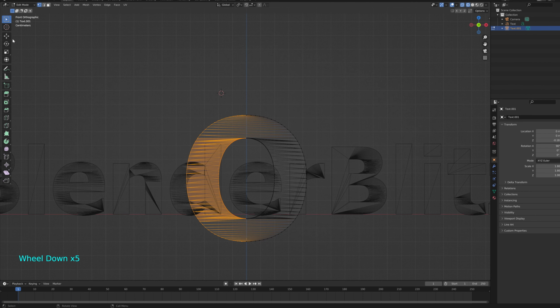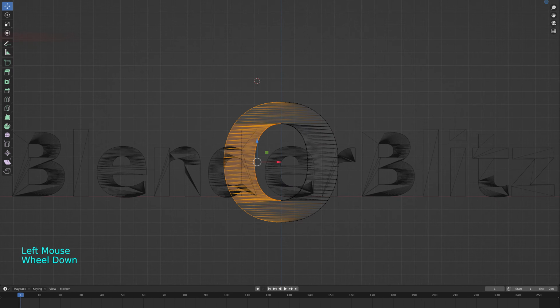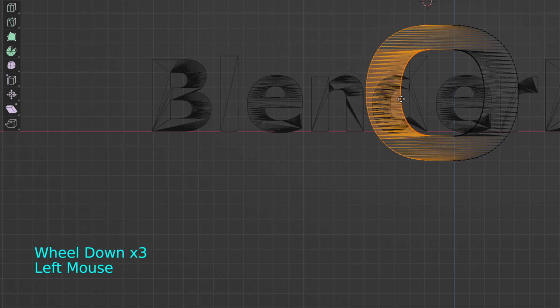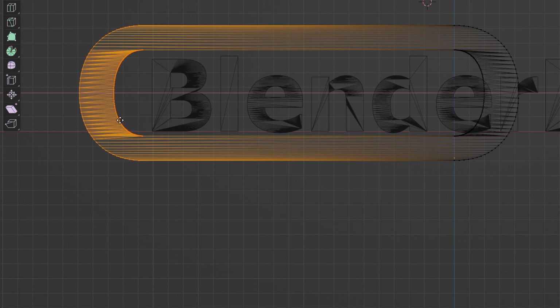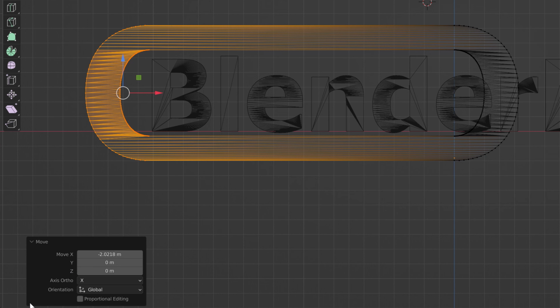This is much easier to manage with the front view you can get by clicking on the green Y up here. And once you have every vertex on the left side of the center highlighted, not including the ones on the center, you're going to use the Move tool to move all these vertices 1.95 meters to the left on the x-axis. Now, depending on how long or short your text is, this number might actually be different for you,